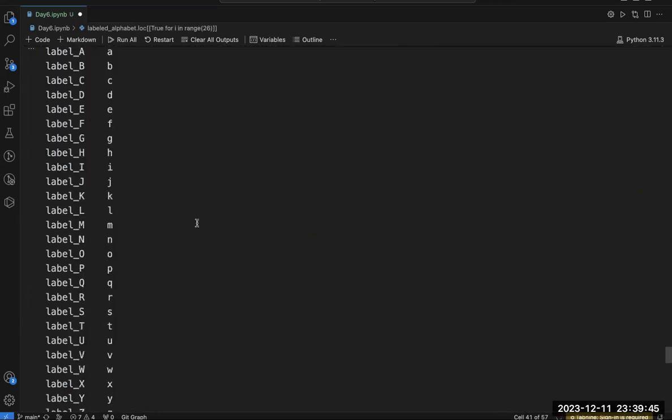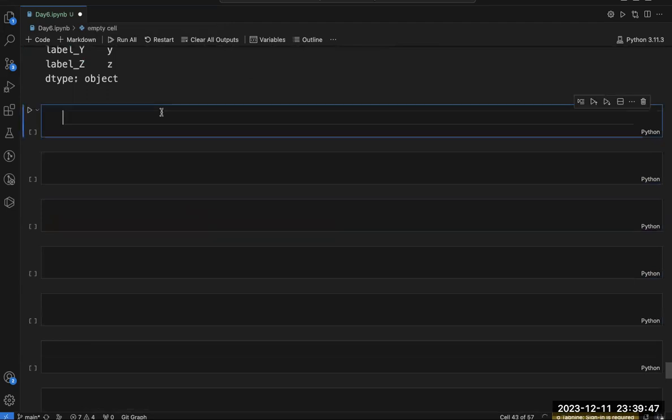So let me do one thing. Let me write one case for you. Let's say I want to achieve the alternate values. That means, let's say I want to achieve 1, 3, 5, 7. Fine. I want to achieve this. So how will I do this?